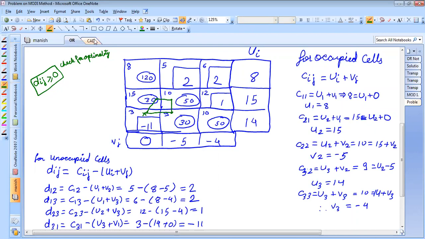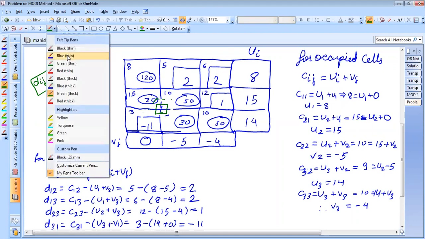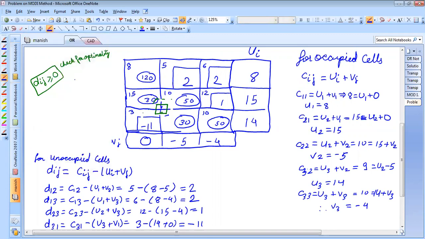If this is my path, then I'll just draw that path again. That way it will be better. So let me just draw a small path here. Okay. So we have got this path. Here the value was 9. Now once we get this path, what we have to do is here we will make a minus, isn't it?